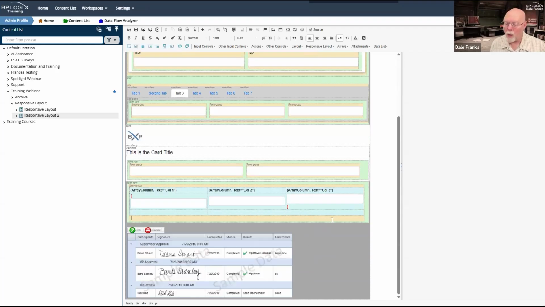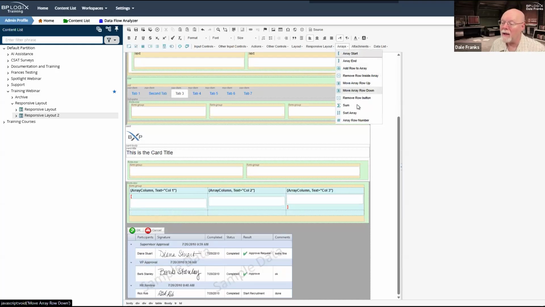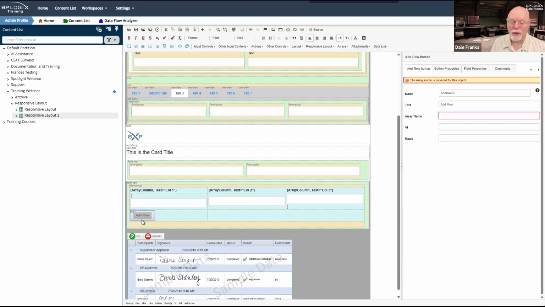Now, the trouble with Bootstrap here is that I'm inside a form group, and it really only wants to have one control and one label inside the form group. So I am kind of cheating here. I want to be sure that I know what the placement of this add row to array button is going to be. So inside the Bootstrap form, I'm going to add this extra row to my table. And that is where I am going to add my add row to array. Now I know that it's always going to appear here.